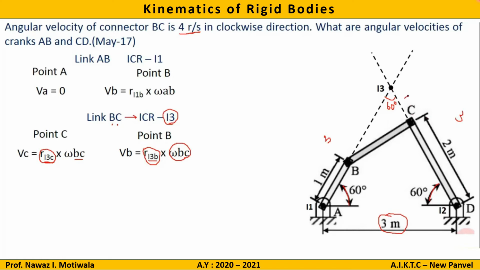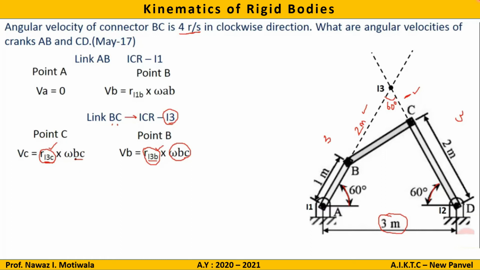So what will be this remaining? This remaining will be 1 meter. And similarly on this side, if this link is 1 meter, the remaining side will be 2 meters. I3C, we have already got the answer just by the geometrical method as 1 meter, and similarly I3B we got as 2 meters. There is no need to apply sine rule and cosine rule. Just by geometry we can find out. So I have now found out the answer of I3C and I3B.